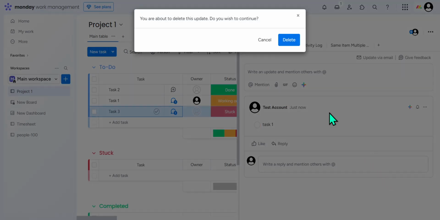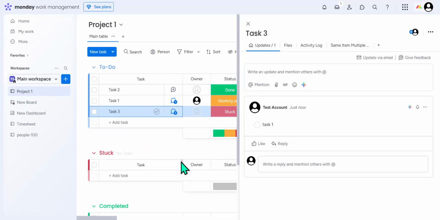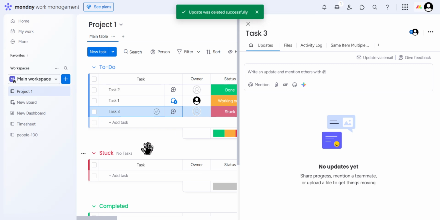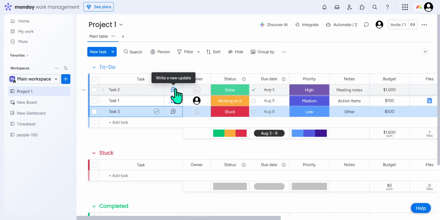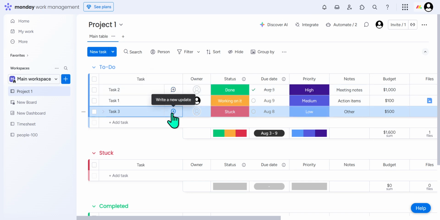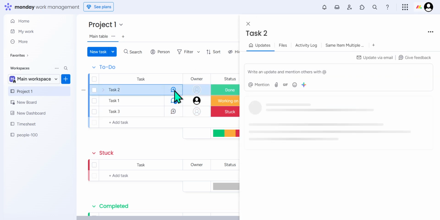To get started, let's first look at how you can add comments to individual items within your boards. When you're viewing an item in your list, you'll notice a chat bubble icon next to it. This icon includes a small plus symbol, indicating that you can begin creating comments specifically for that item. Clicking on this icon will open up the comments section where you can initiate discussions directly linked to the item